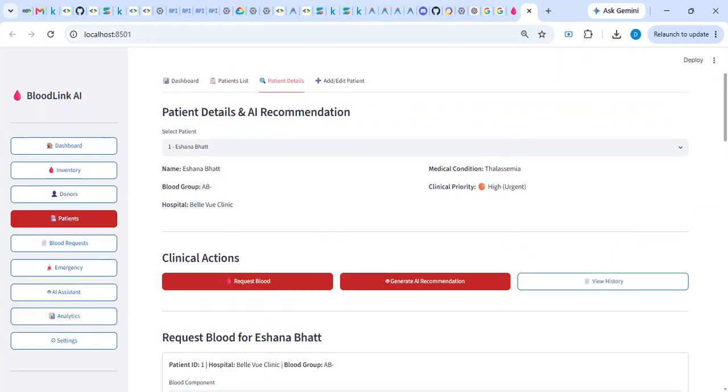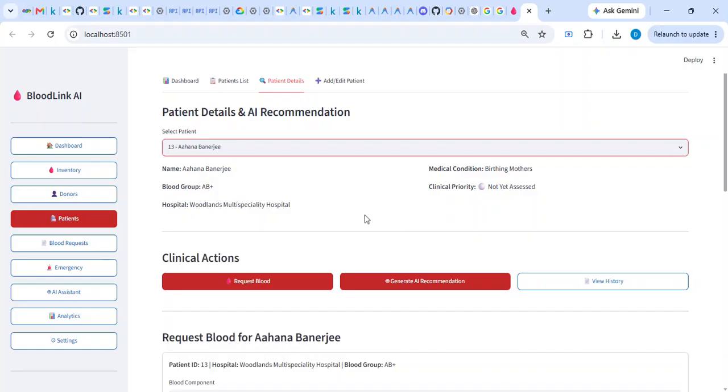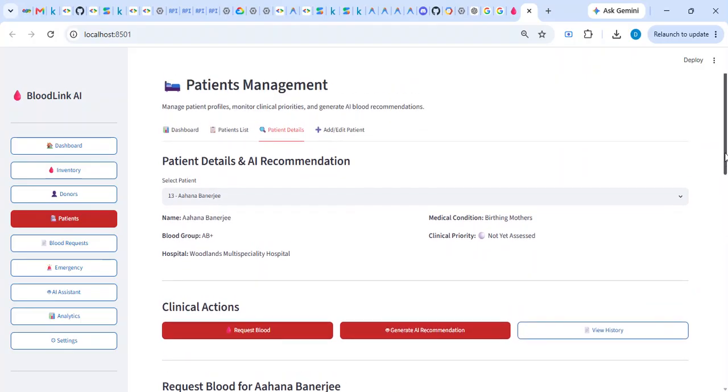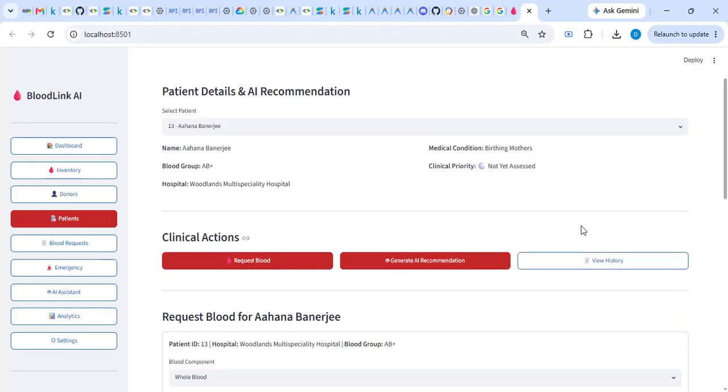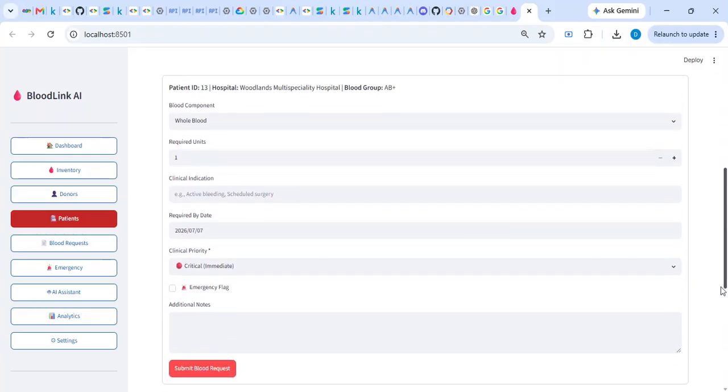Now let me select one of the patients from here. Suppose I am selecting this patient's details from here, and let me request blood for this particular patient.